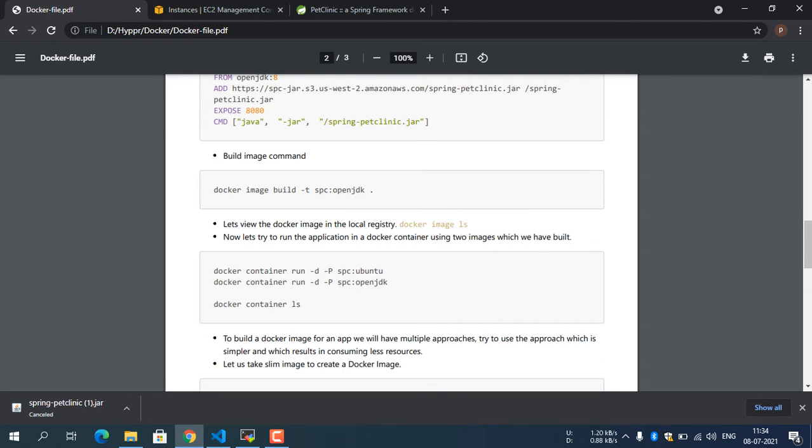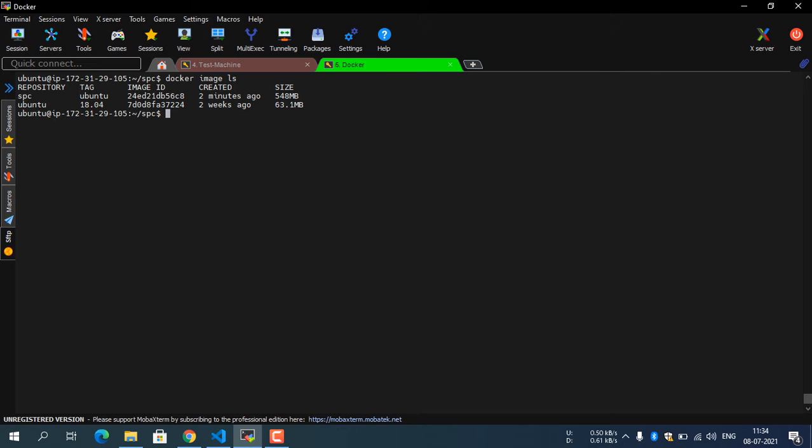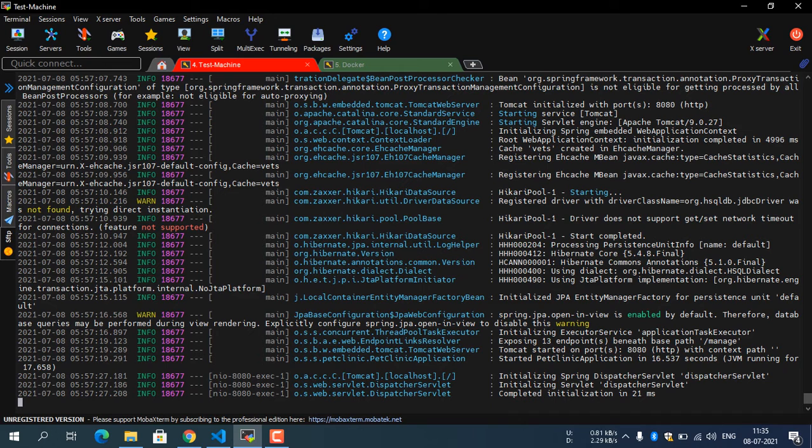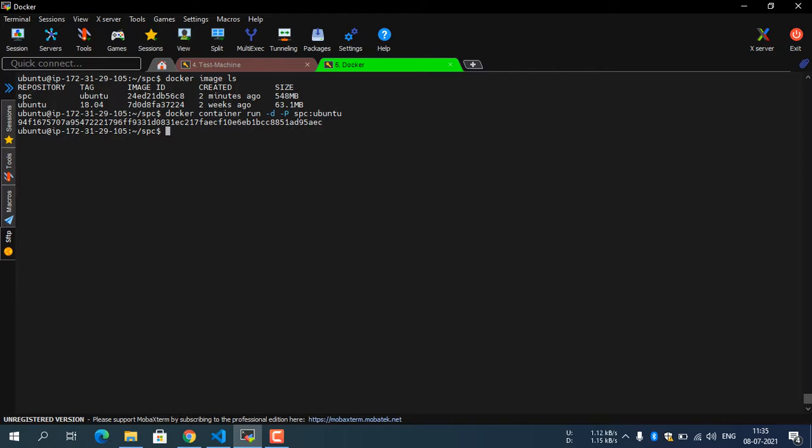Yeah, you can see here, this is the command. I will explain what the use of this command is. Docker container run. In order to create a container, this is the command, docker container run. -d means run this application in the background. If you see here, it is running in the foreground, which means we don't want to see whatever the logs are. That is the reason we have to give -d.